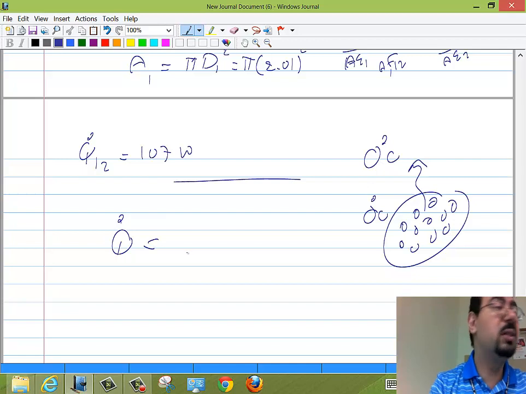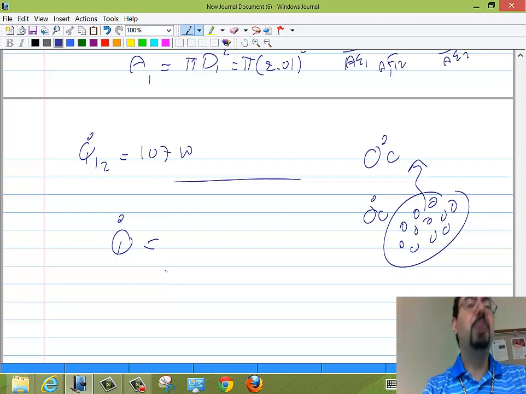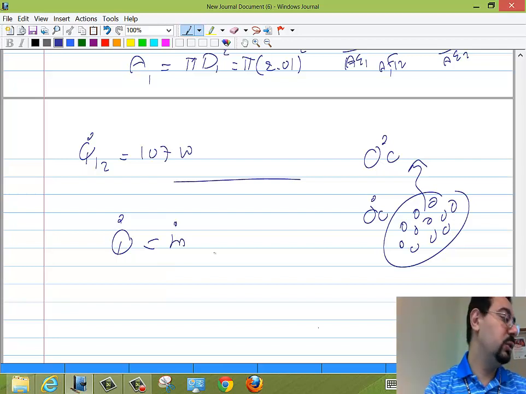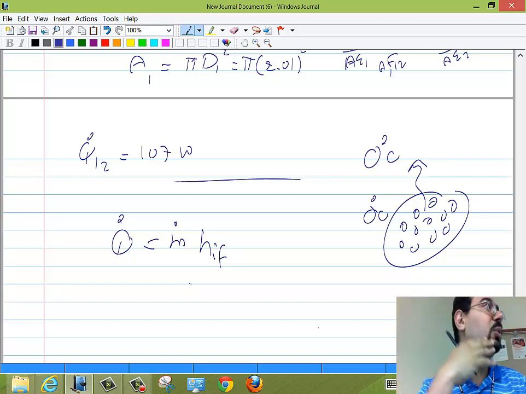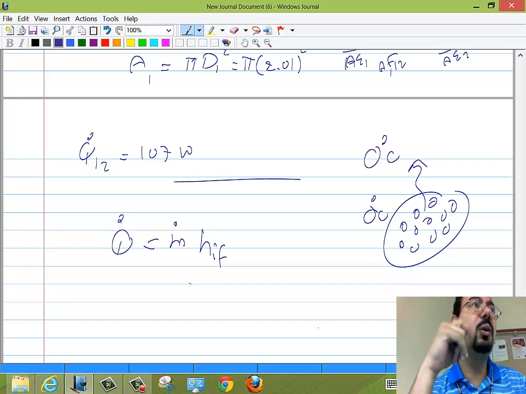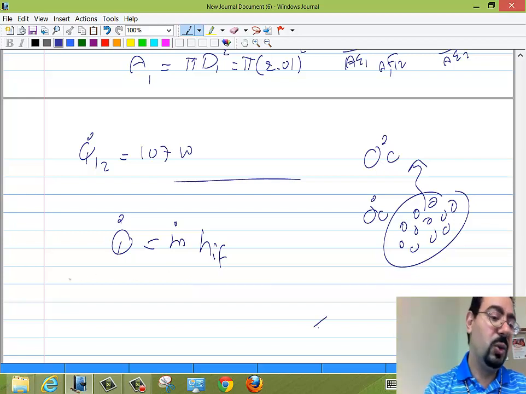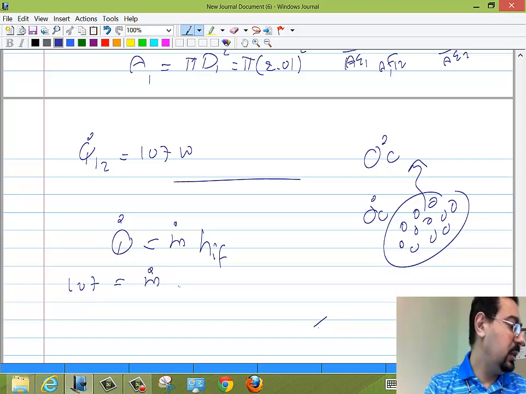So the Q dot is not m dot Cp delta T. That's if the delta T will change. But the Q dot should be m dot multiplied by the fusion heat rate, or basically h_if. How much energy does it take for this thing to melt? Right? And we solved a bunch of problems like this before in our book, right? And so this 107 watt will be m dot multiplied by